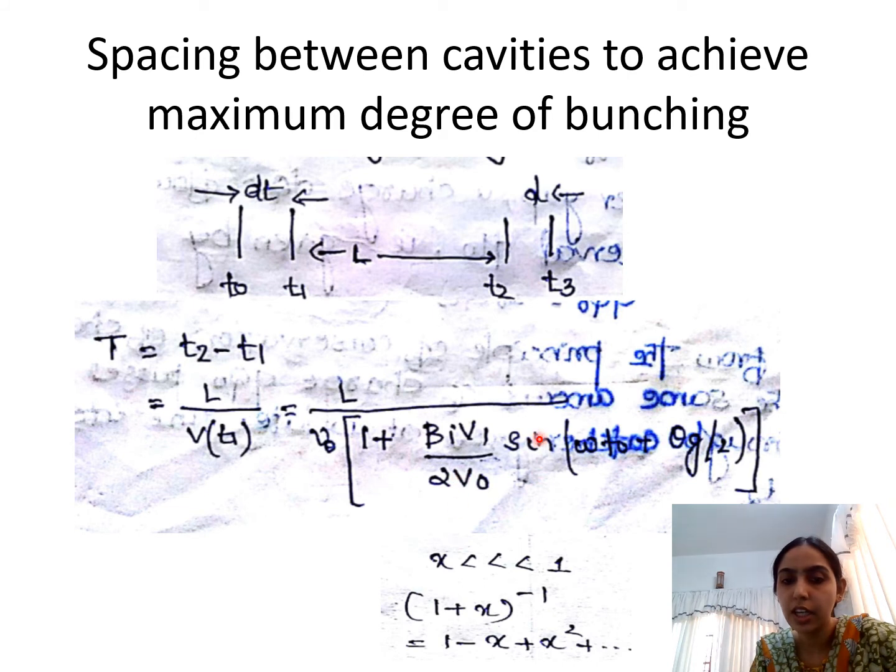Now here again I am taking an assumption. Since we know that the DC voltage V0 is going to be very much larger than the microwave input signal voltage V1, I can use this particular assumption. This particular term I am considering to be x. Since it is going to be very small, I will rewrite this expression. For example, 1 plus x the whole raised to minus 1 can be expanded as 1 minus x plus x square. I will rewrite this equation with this assumption in the next step.